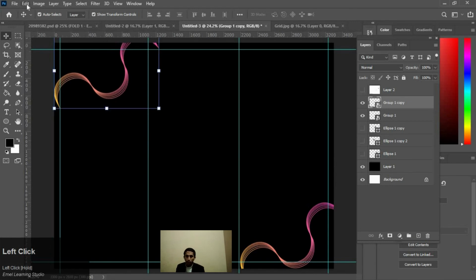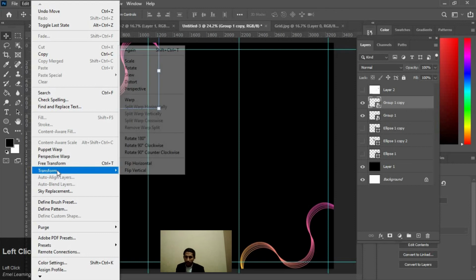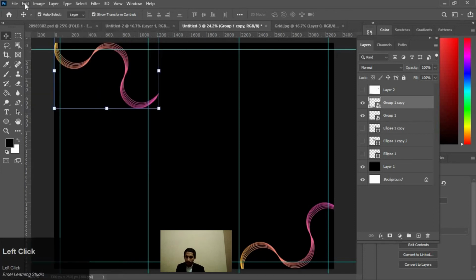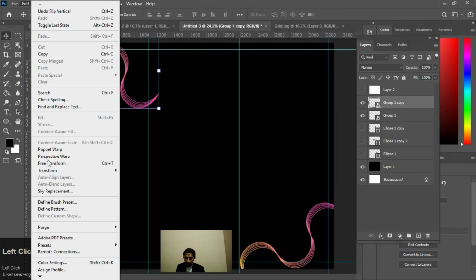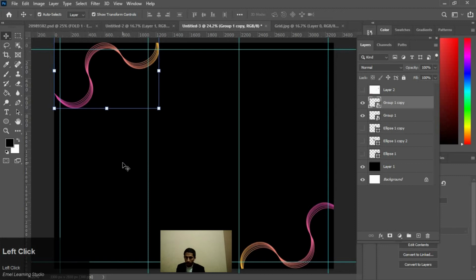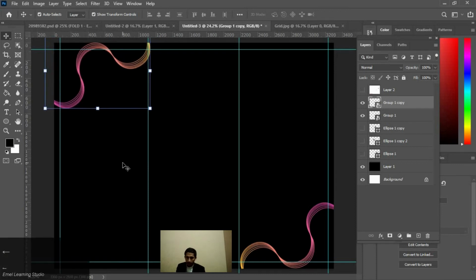Okay, now go to Edit and Transform, flip vertical and horizontal. And also adjust it properly to the alignments. Okay.